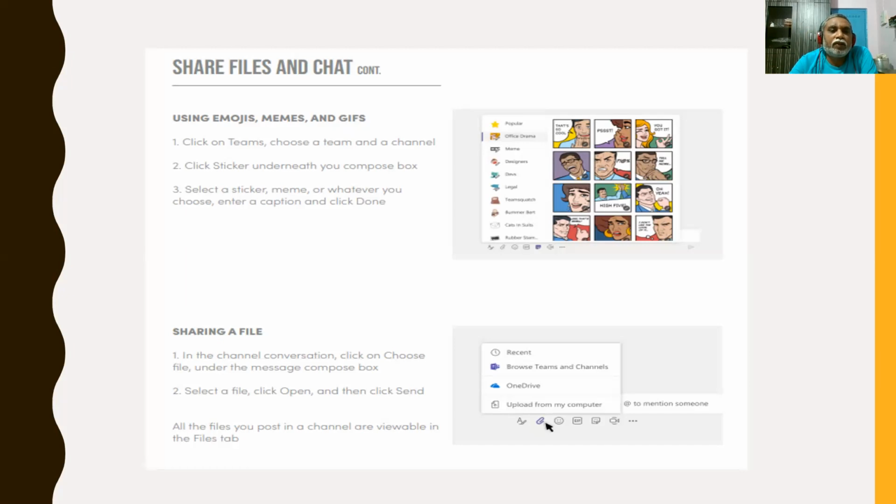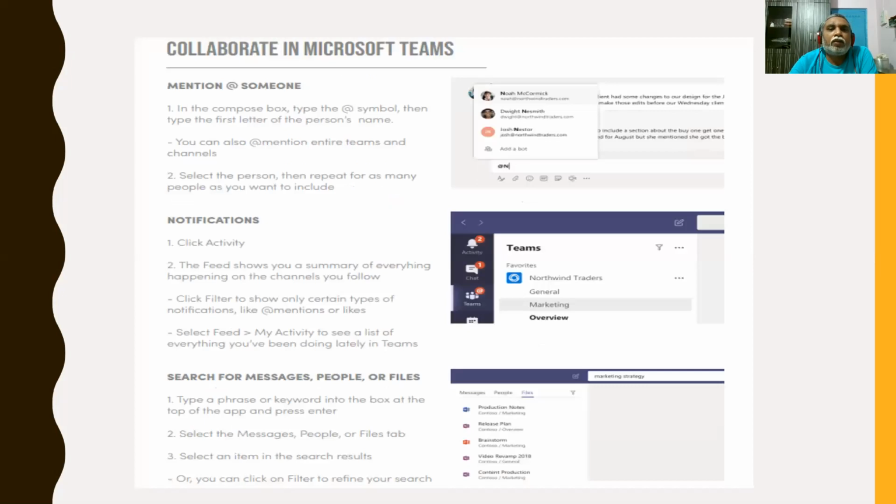In the channel conversation, click on choose file under the message compose box, select a file, click on open, and then send the file. If you have notes, you can send them to all students in one click, in PDF format. Word format is also there.